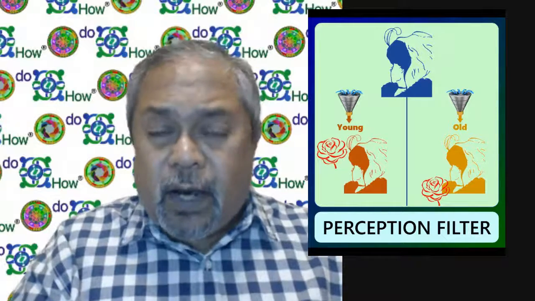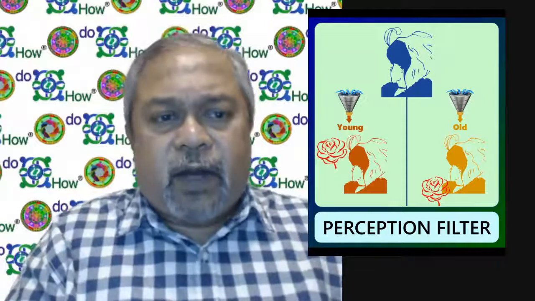The moment I say that I am looking at the young lady, and somebody says I'm looking at the old lady, that itself would be a huge conflict, isn't it? And that can go on, debates can go on forever. And this is a very clear optical illusion, an example which demonstrates that the perception need not be the same. I'll give you another example, which is what I do many a times in all my programs.